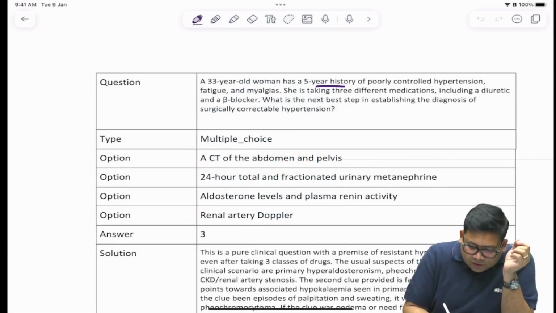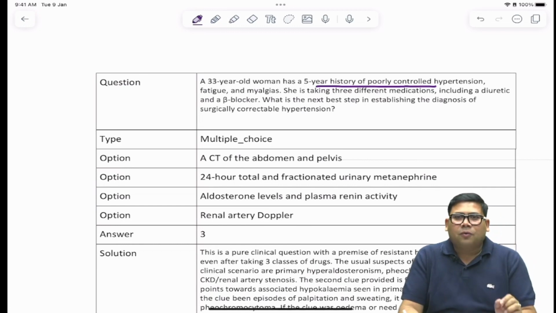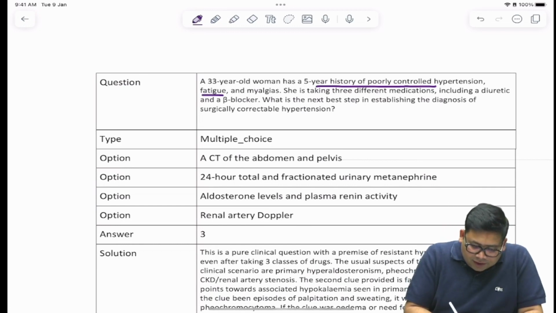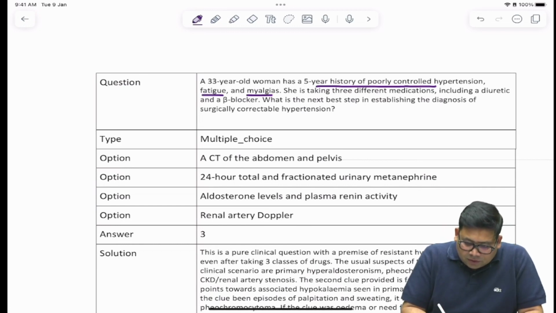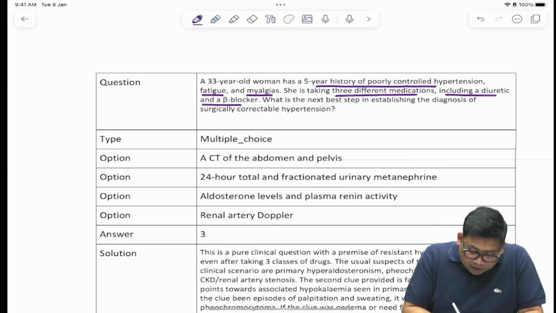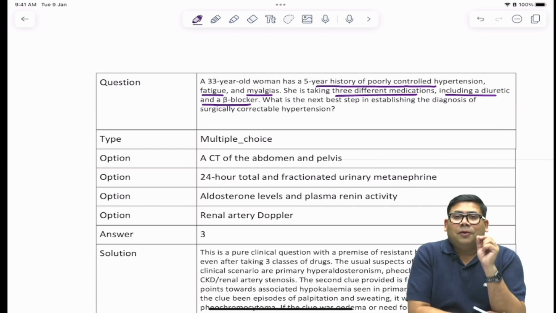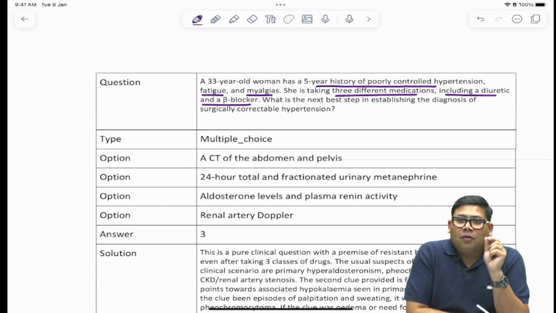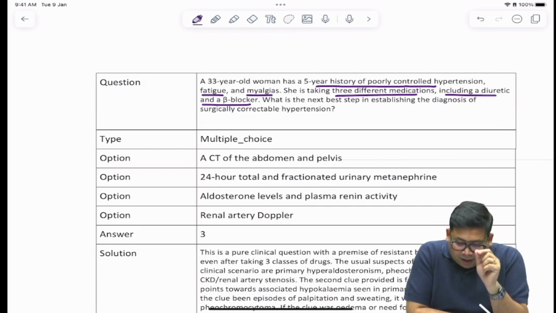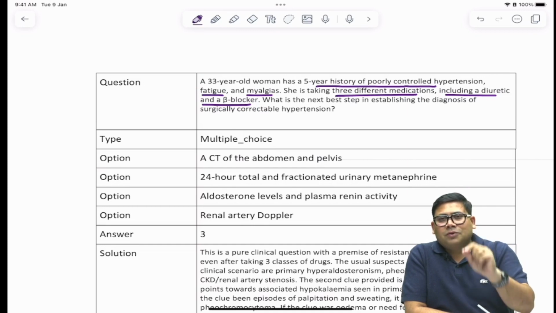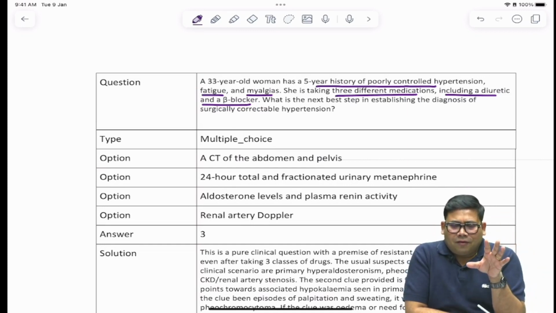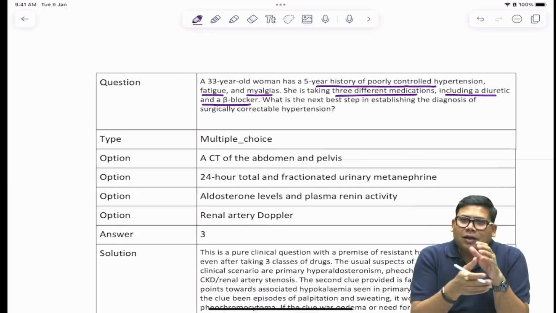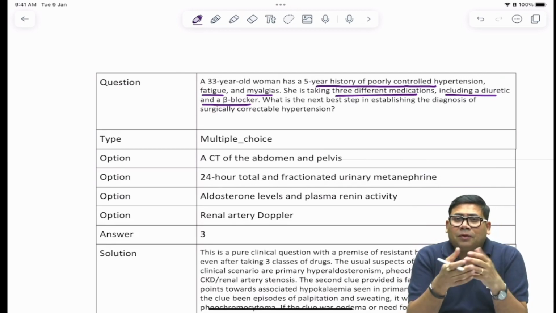with a 5-year history of poorly controlled hypertension, fatigue and malaise. She is taking different medications including a diuretic and a beta blocker. So can you understand, this is a patient of hypertension, and also remember she is also on diuretics and a beta blocker. So one thing is clear, a female with a poorly controlled hypertension with multiple, you can say,